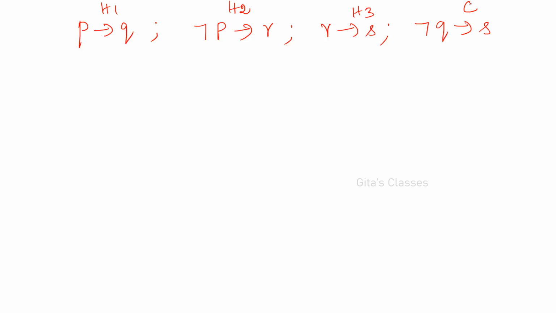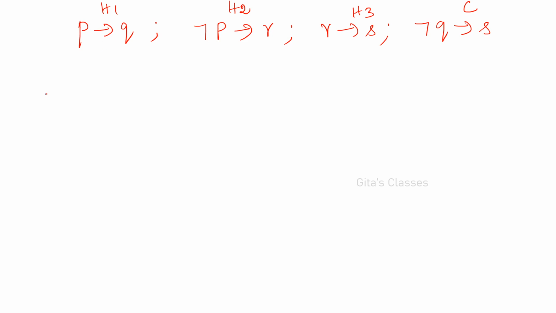Okay. So if sentences are given, you should be able to write them in logical expressions. Then you try to derive by any method. If nothing is mentioned, you can use the direct method or CP rule, whatever you want. You can use CP rule also: not Q, you have to add as an additional premise, and you can arrive at yes. Okay. Now let us see. But the easiest is the direct method only.